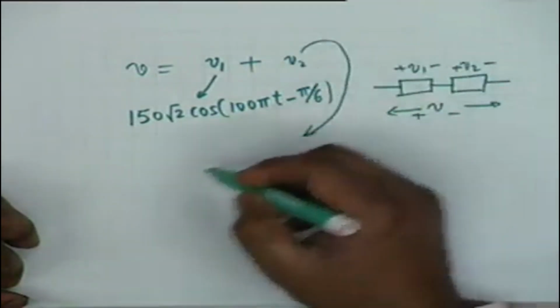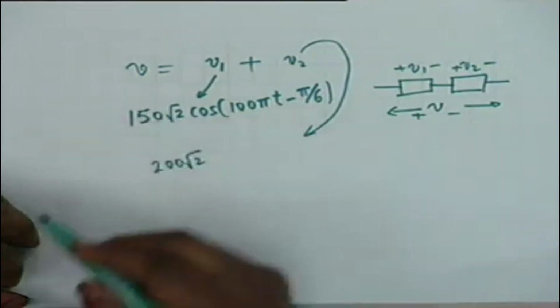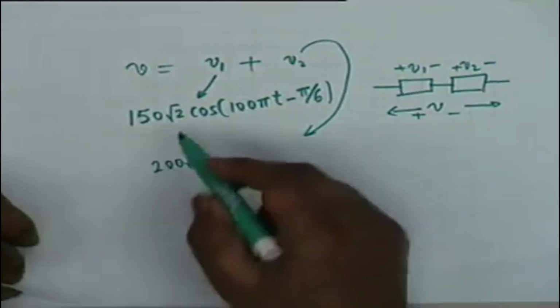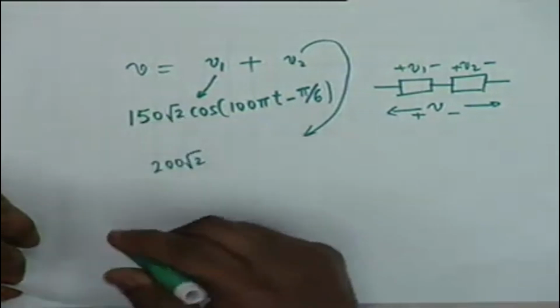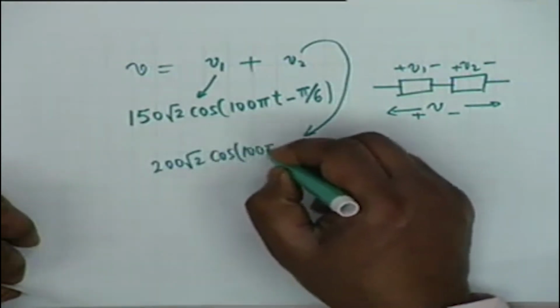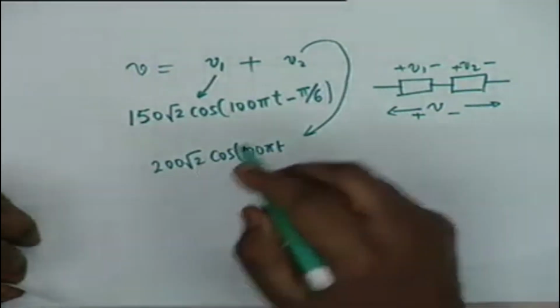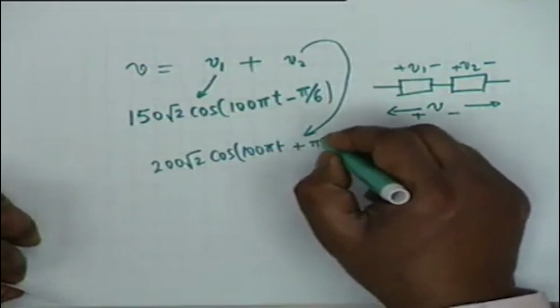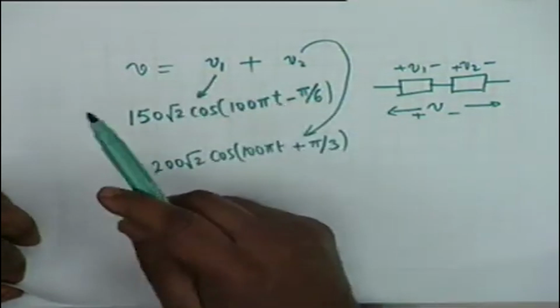And suppose V2 is, let's say, 200 root 2. I am showing the RMS quantity specifically. This is the peak value, divided by root 2 is the root mean squared value. Let's say this is cosine of 100 pi t. You must remember these frequencies must be the same, omega must be the same throughout. Alright, let's say this is plus pi by 3,